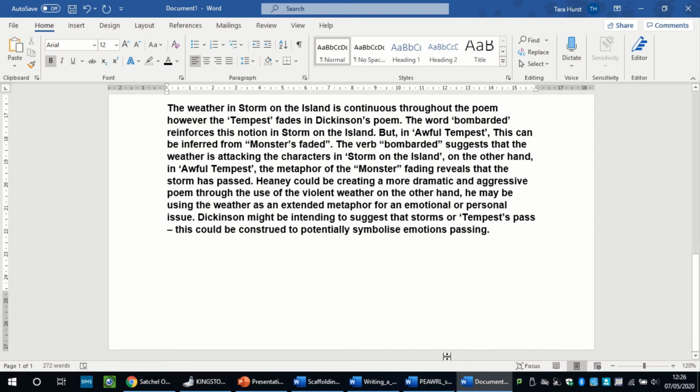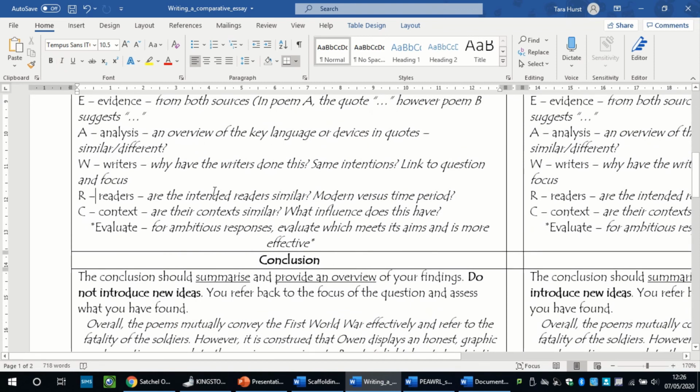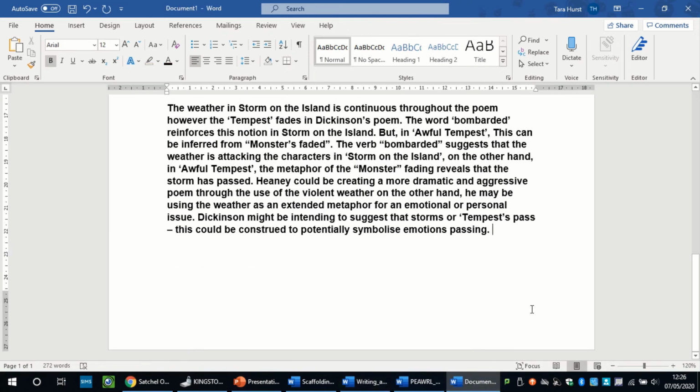So what is the effect on the reader then? Okay, so looking back at this comparative essay sheet, readers, are the intended readers similar, modern versus time period? Again, we don't need context, so don't worry too much about that, but think about how readers would interpret, how they would feel towards each poem. So readers could feel threatened or concerned by Heaney's poem as it is more destructive and continuous,